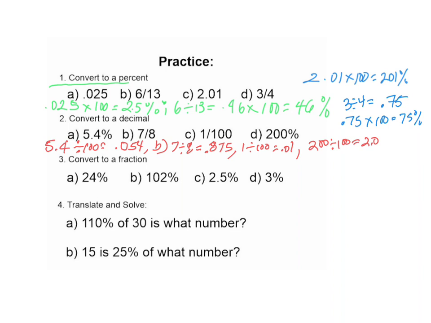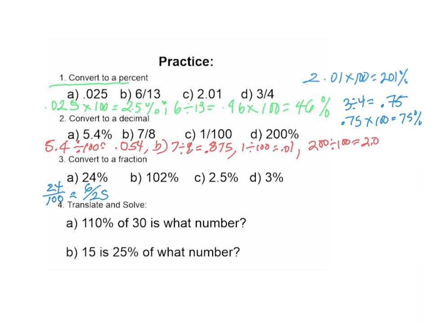Number 3 says, convert these to a fraction. 24%. There's a couple of different ways to do this. All percentages are out of 100, right? So you could just write 24 over 100. But that reduces. If you punch in 24 divided by 100 into your calculator and then hit the math button and enter, you'll get 6 out of 25, which is what you would have got if you reduced